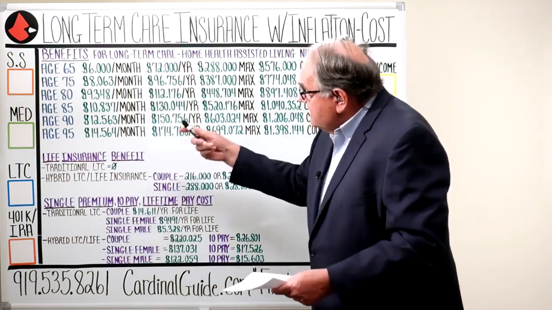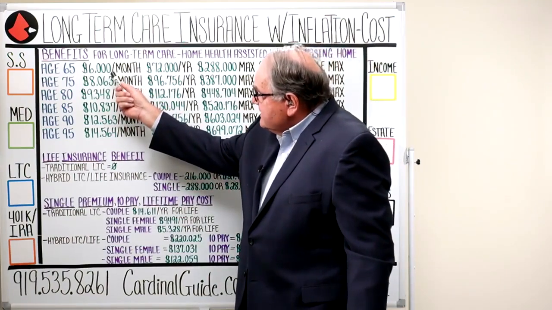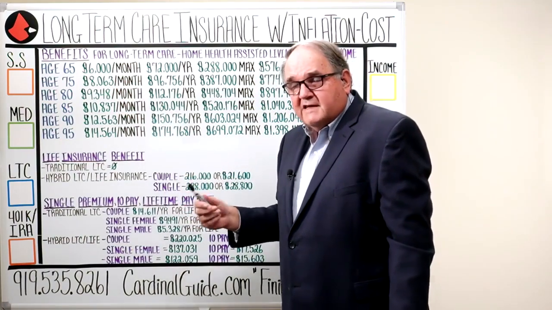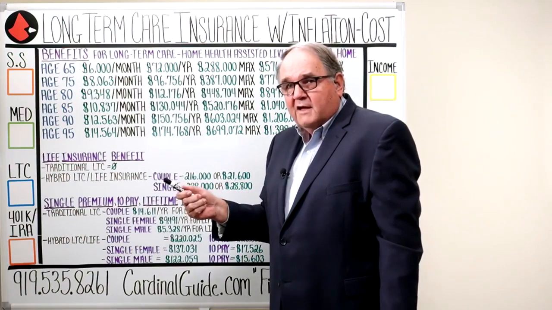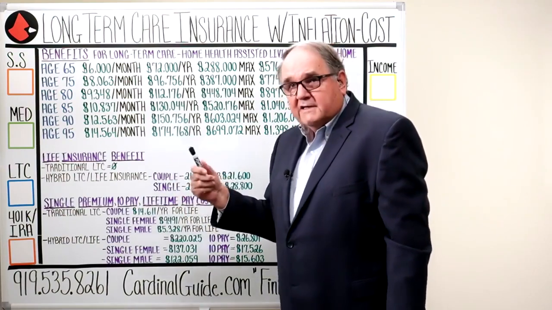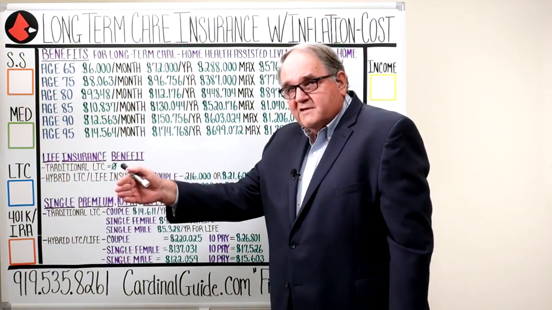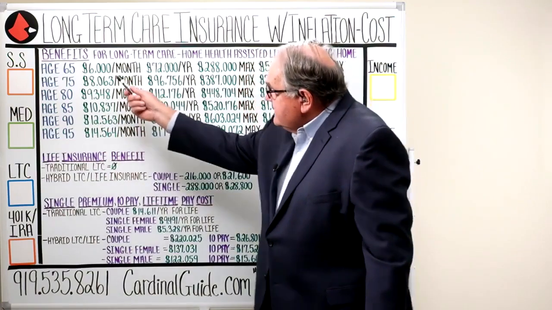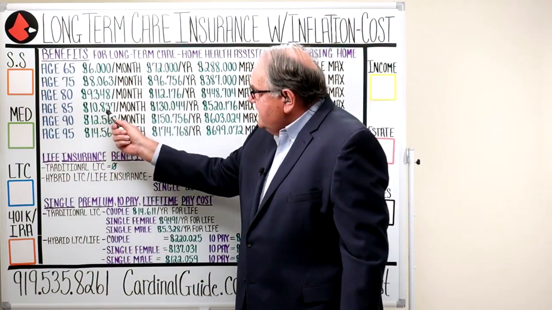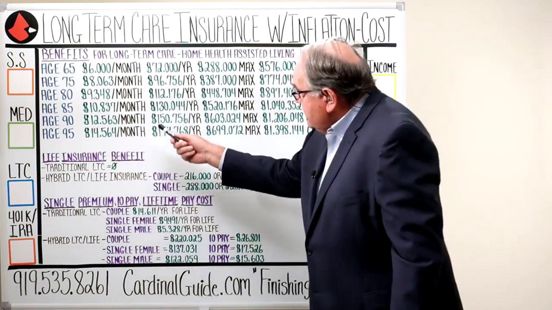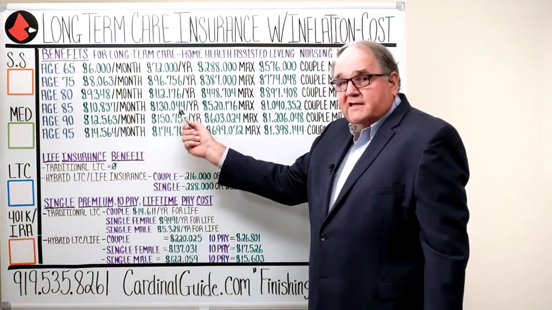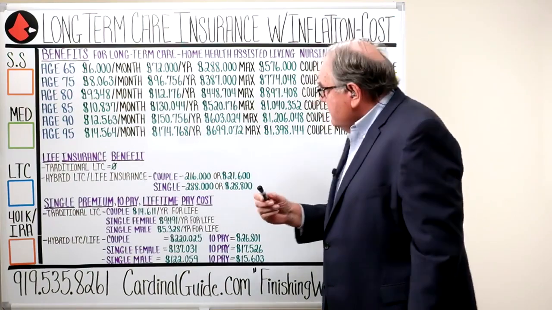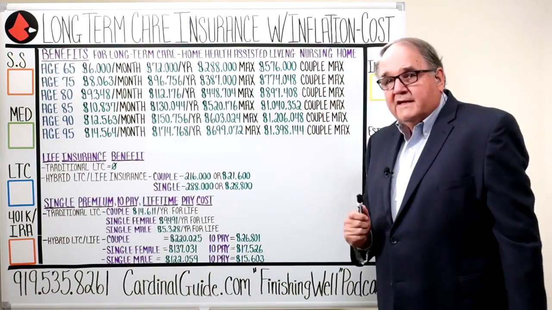And so I'm just trying to give you some context to these numbers. It's $6,000 a month is where you're going to start. But both of these policies have a 3% compound inflation rider built into them. So let's start looking at this when you're probably going to be using this. If we look at it at age 85, that $6,000 has become $10,837 a month. And that is $130,000 a year. That's a $520,000 maximum benefit. And in the case of the couple, it's over $1 million.